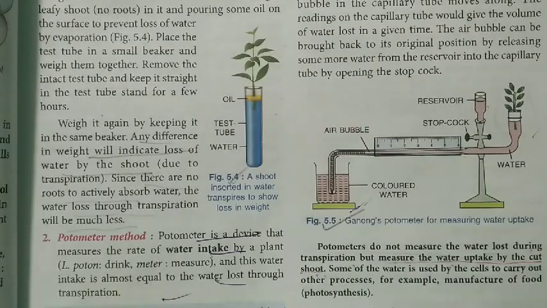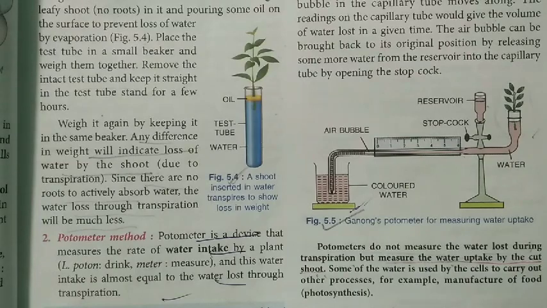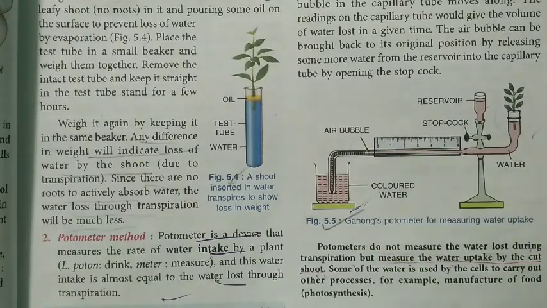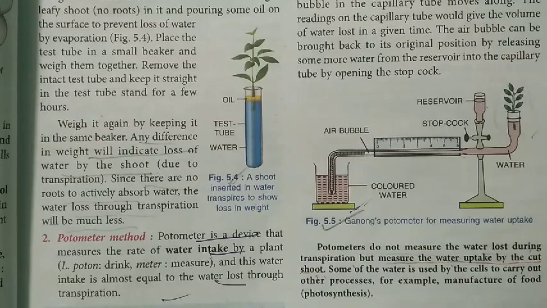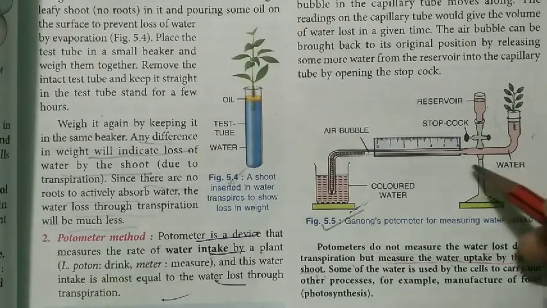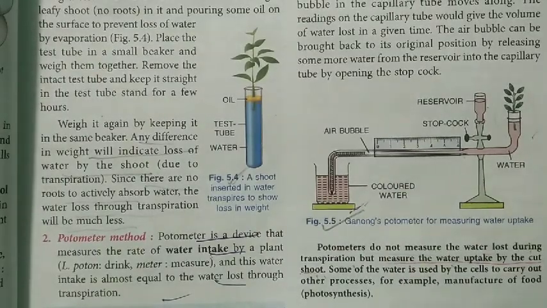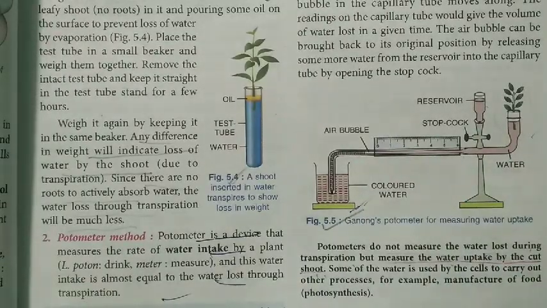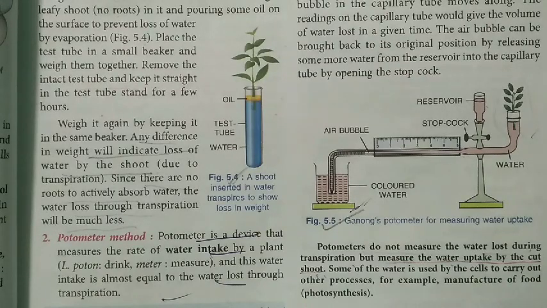Now whenever doing this experiment, there are certain precautions that need to be taken care of. The first is that this apparatus, the potometer, should be made completely watertight. The second thing is that the twig should be placed obliquely so that it can take the maximum amount of water. Now if this air bubble goes inside this twig, it will cause hindrance in the functioning of xylem. As you know, xylem is responsible for the conduction of water and minerals in plants.